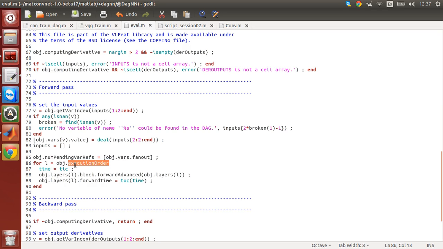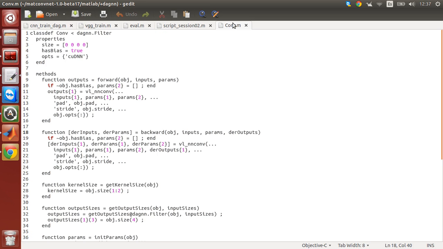Once its pre-requirements are fulfilled, for that given layer L, we access from the network object layers L, block, which is the actual layer, so it's the object, for example a convolution object or pooling object itself, and we apply the method forward advanced. So what is this? For example, if we come to the convolution object, we see that we have the method forward and backward, but